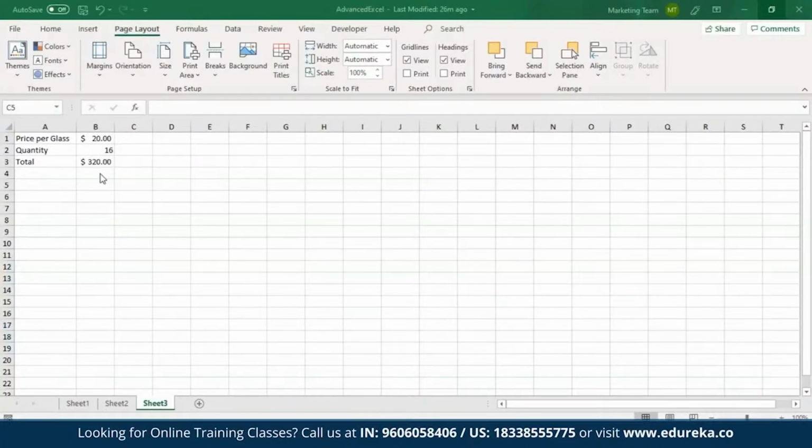So as you can see on the screen, I've already prepared some data. Here, I have purchased 16 glasses at the rate of $20 each. So this way, I'll have to pay a total of $320 for 16 glasses. Now, in case I want to create a one variable data table that will show me the prices for different